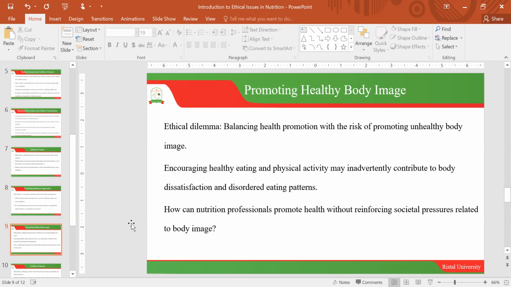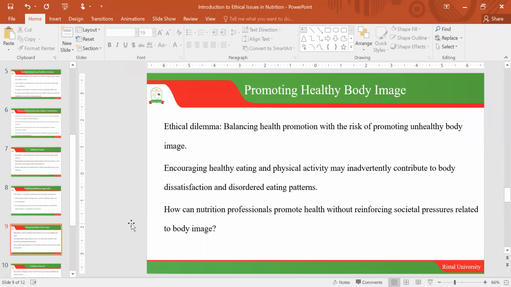Then we have another concept. These days it is called body shaming. You are a nutritionist, but you are overweight or obese. But then you're giving me nutritional advice to maintain my body weight, and yet you have failed. That is a barrier in this concept. So the concept here that we are talking about is,